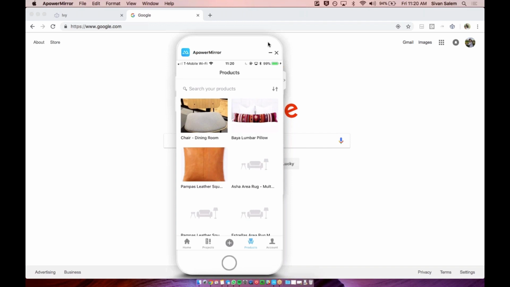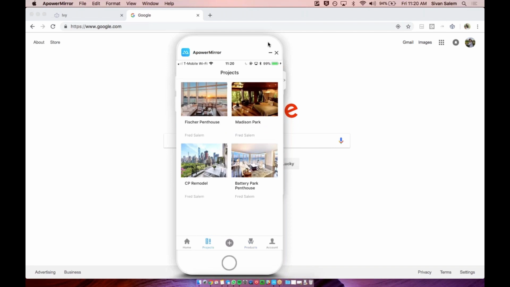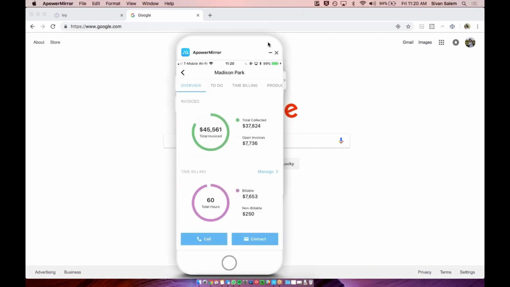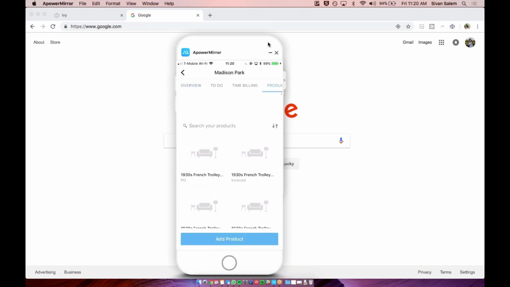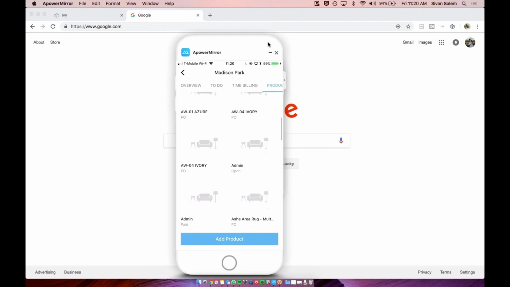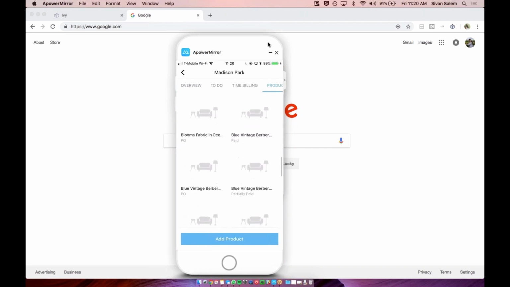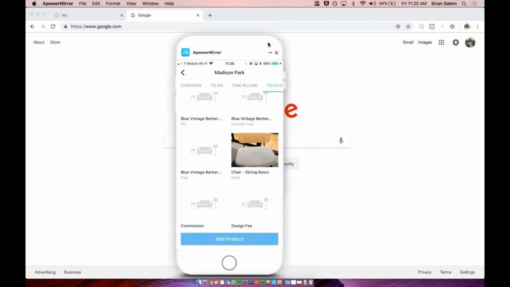Okay, so we can even go to that right now together, products, and it would appear here. I think we called it dining room chair, chair for the dining room. There it is. Right over here is a draft product specific to Madison Park. Okay. Great. So before we go any further, there are a couple more things that I want to go through,